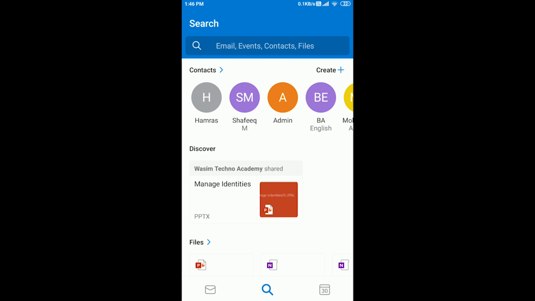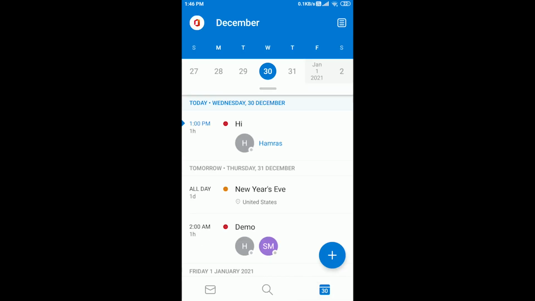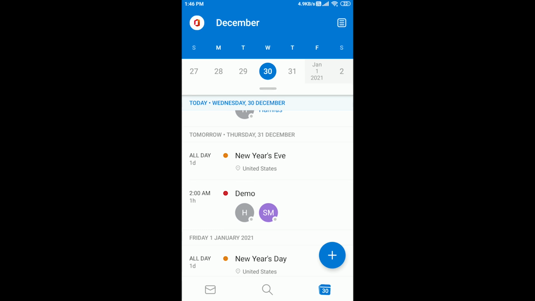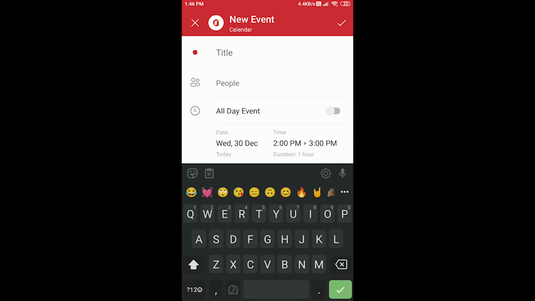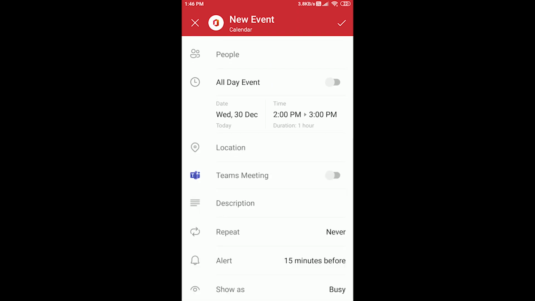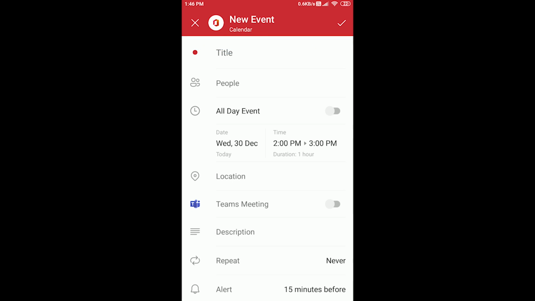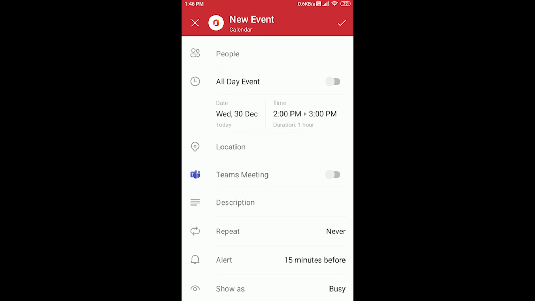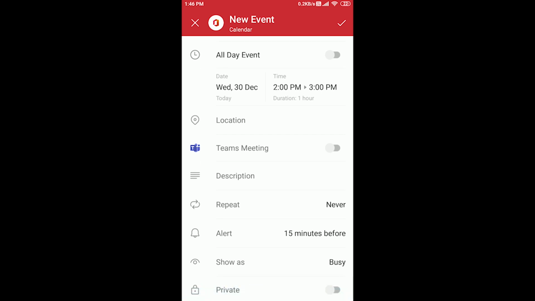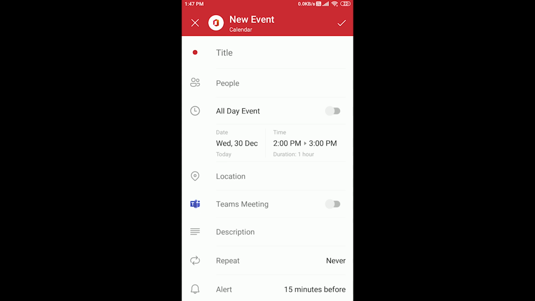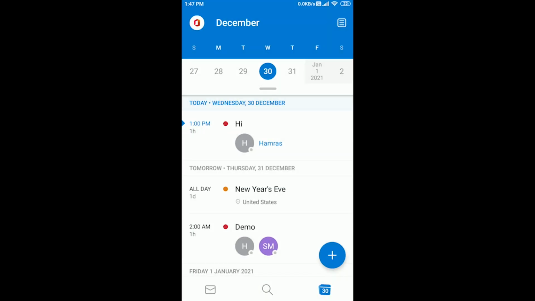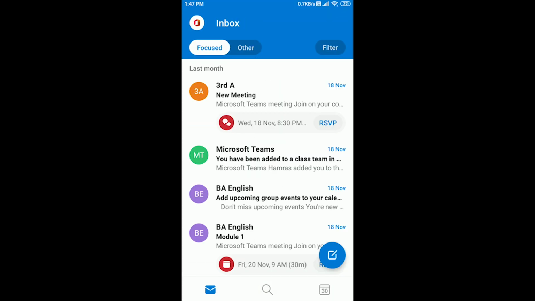And our next option is calendar. You can get the calendar option here. We can see a plus icon, the blue button here. Click that, and we can also create an event. I showed you before how to create an event. Here also we can create an event. So there is no need to go somewhere else to make an event. It's a better option to make our own events from here also. Okay, we can make events.